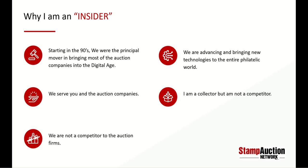So that places us in the middle, serving you and the auction companies. Auction companies have to maintain their reputation to stay in business. Even still, we can help you understand the auction process so you can protect yourself. Now, we're not a competitor to the auction firms, except for a few charity auctions that we run. Unlike some other software companies that sell their systems, we do not run auctions, so we have no conflict of